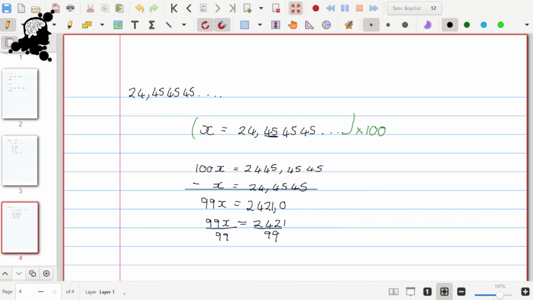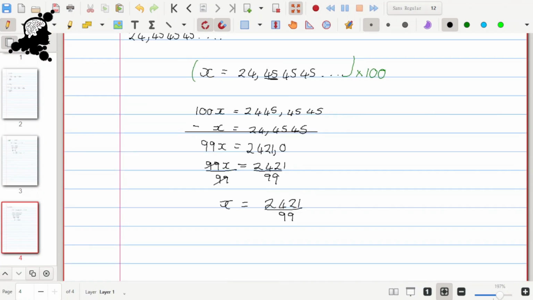So let's see. This is going to cancel that. X is going to be equal to 24. Whoops, a little mistake here. X as a fraction is going to be 2421 over 99. Now, if you simplify this, you're going to get